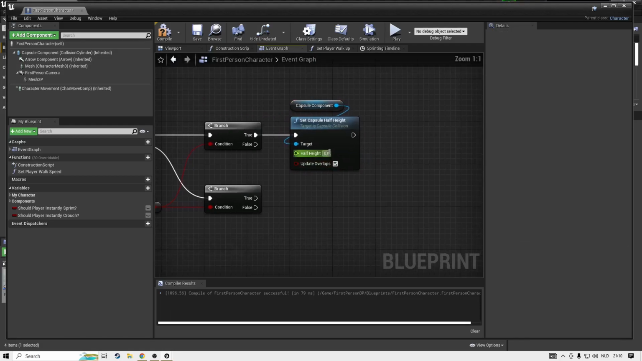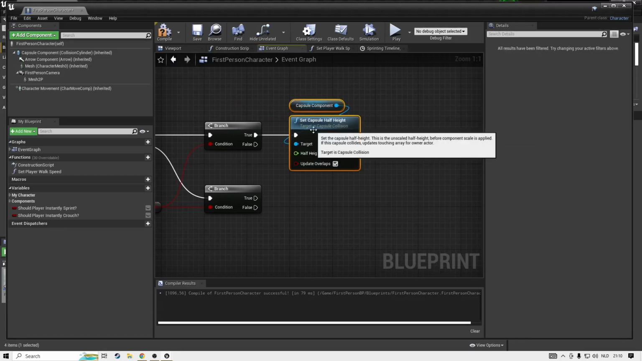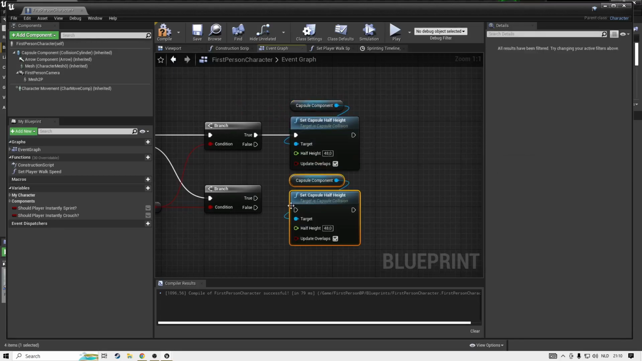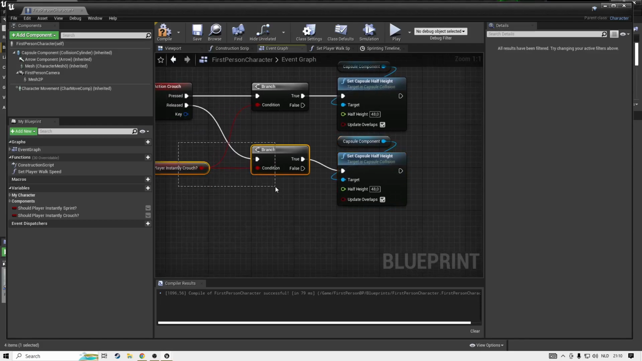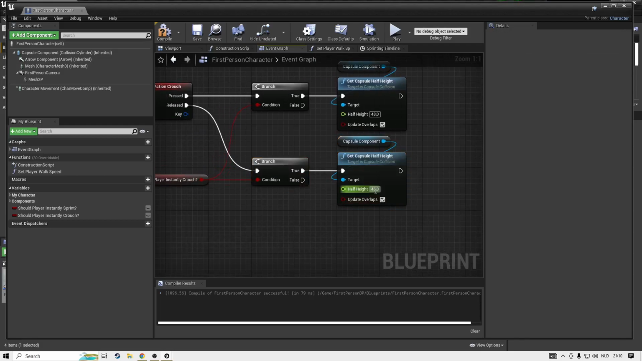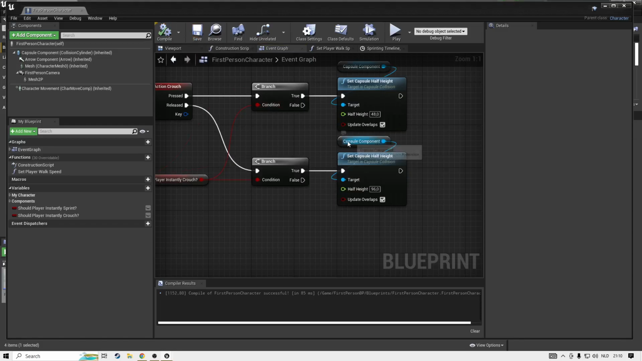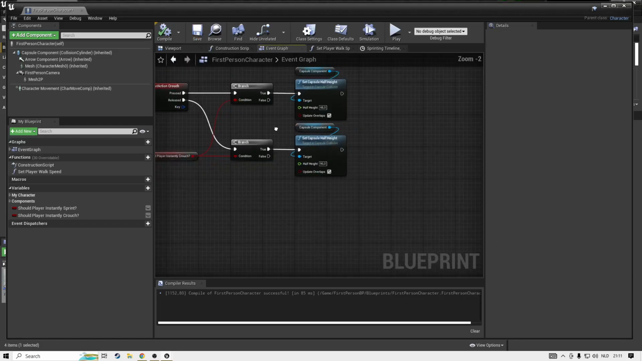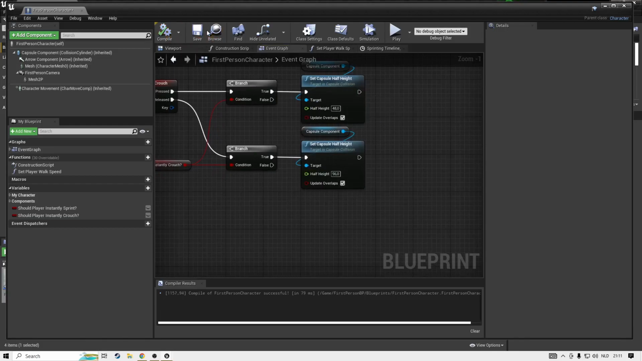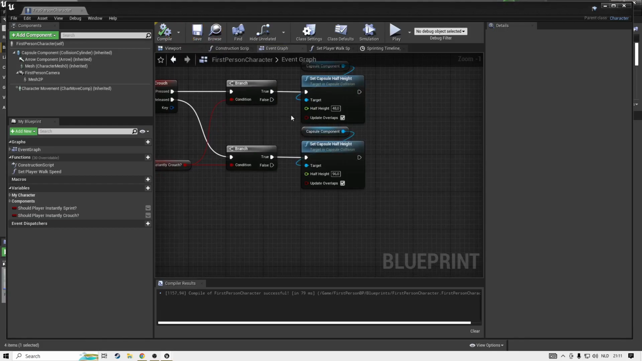Yeah, like that. And then you want to set this up to be 48, which is half of 96. And same up here, whenever you release the crouching, you go back into a full stand like so. So that is done. That would work already,